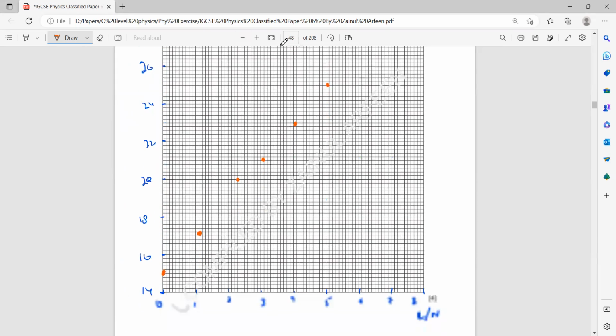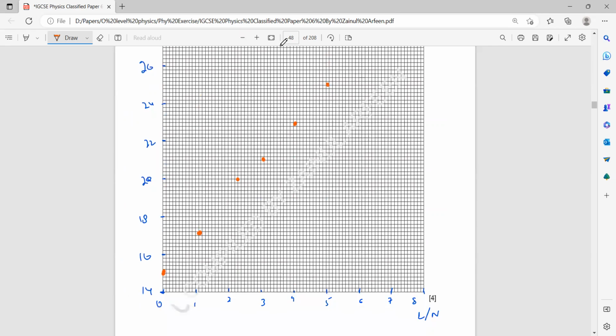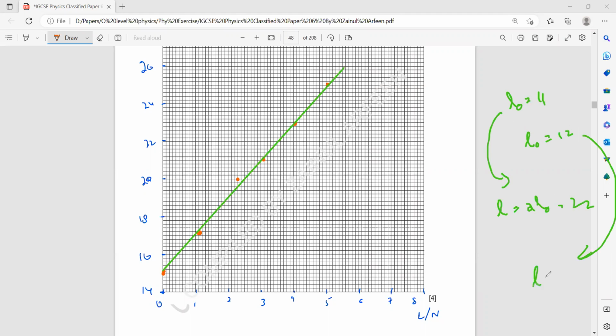This was our graph. Because it varies, your L naught might be 11, as some mentioned, or your L naught might be 12. Those who got 11 will find the load when the length is 22, but those who got 12 will find the load when the length is 24. So for example, if my original length was 11 millimeter,